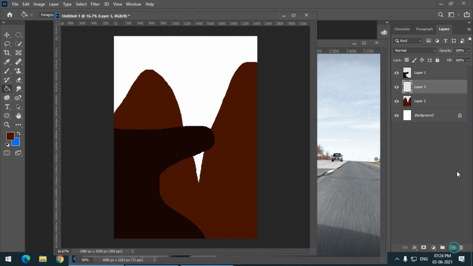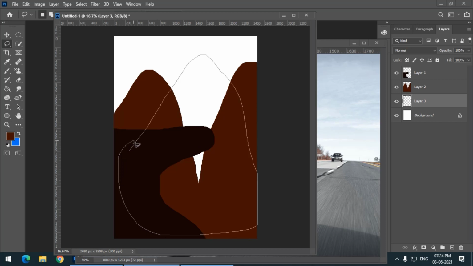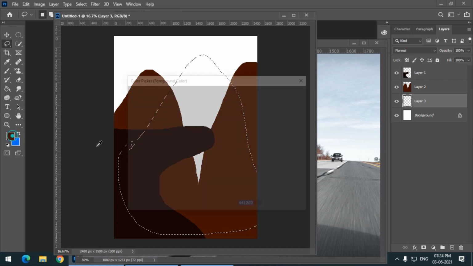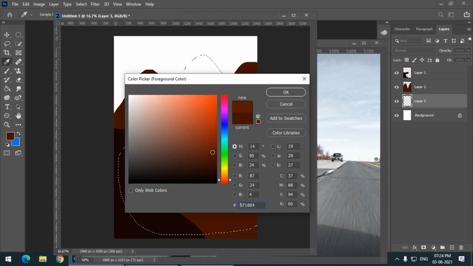Again I will create a new layer, now below layer 2. Again I will choose the lasso tool, and again I will create another mountain kind of a shape. This doesn't have to be accurate, because it will go behind this layer, so we won't be able to see this portion. So again I will lighten the color a little bit.